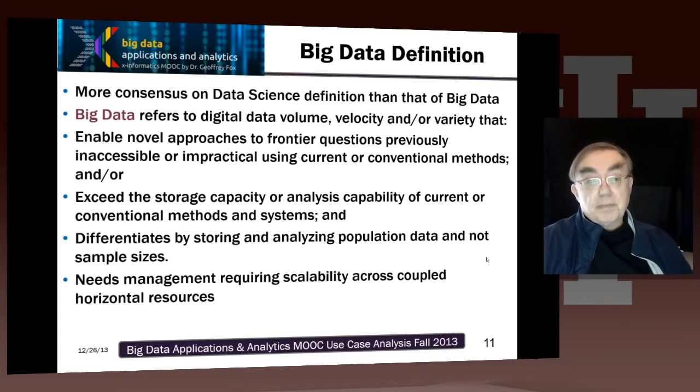Interestingly, it appeared to me there was more agreement on what data science was than there is on what big data is. So big data, as I said, is sometimes defined by the V's, of which the most common are 3: volume, velocity, and variety. And the bigness is the bigness of this. So you can actually have a small volume, but if you have high velocity and it gets updated very quickly, or very rich variety, then it can still be effectively big data because the processing problem is big